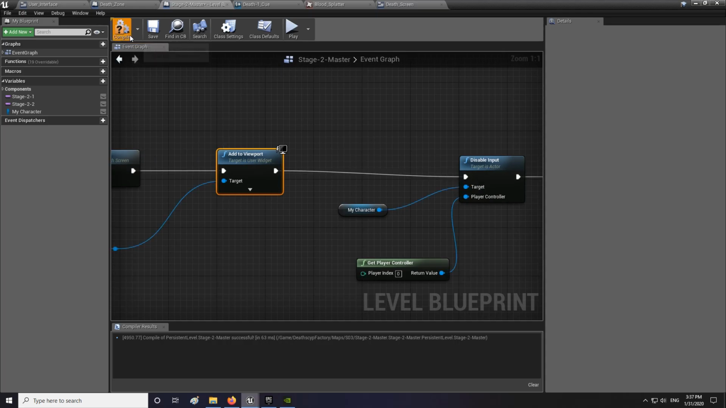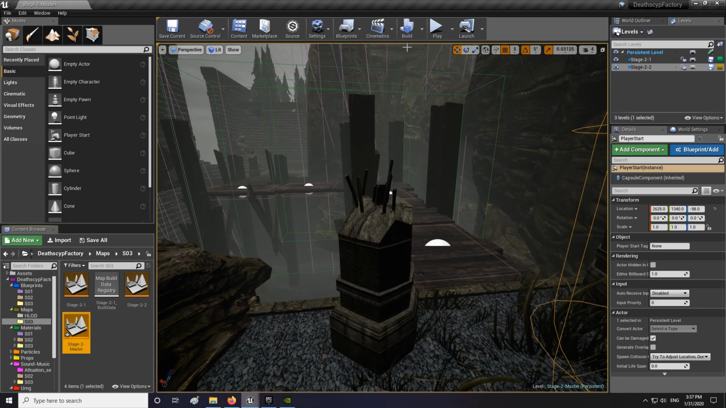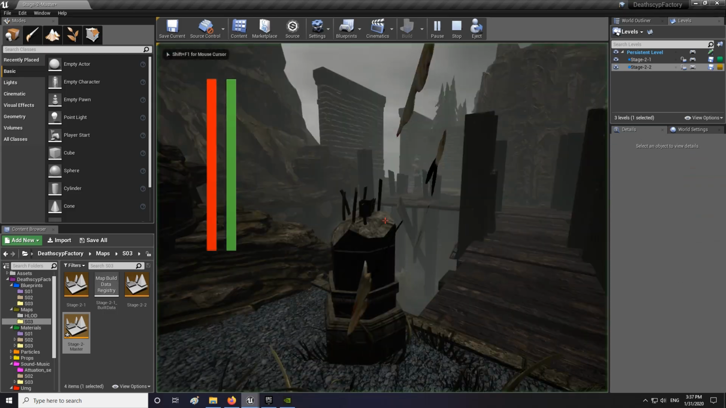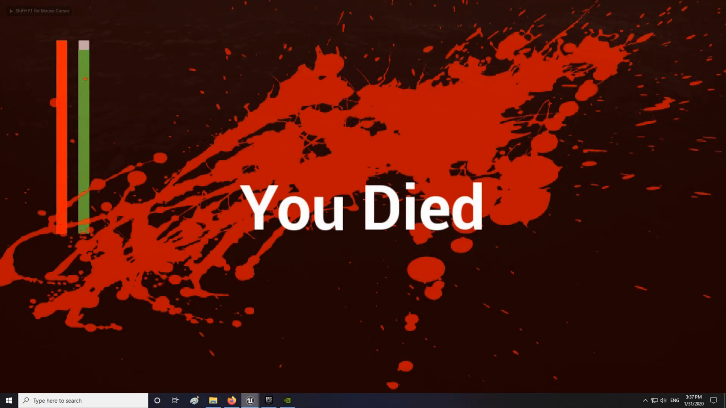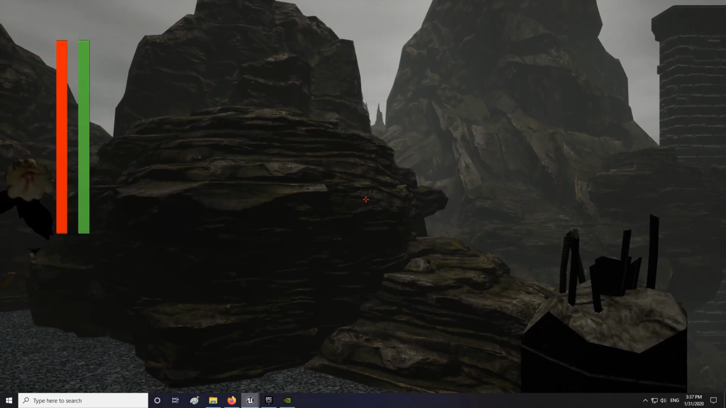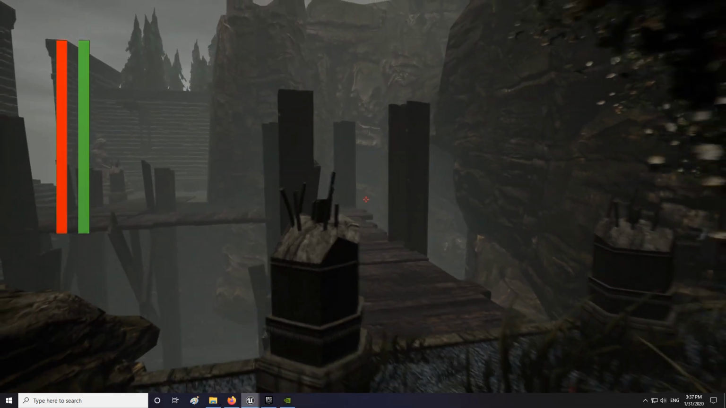Viewport being, like you can see over here, that's our viewport. So if I don't add it to this, how am I supposed to see it? So there you go. Now everything should work perfect. There you go. So this is a perfect